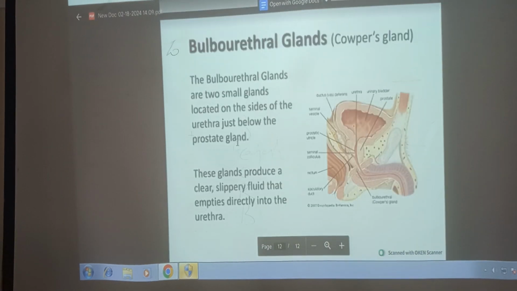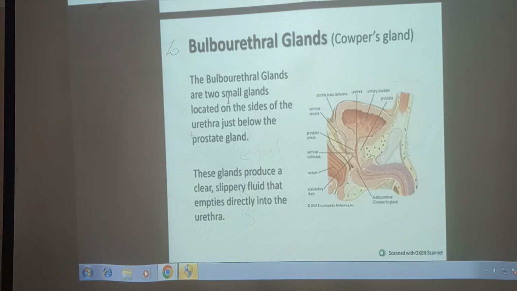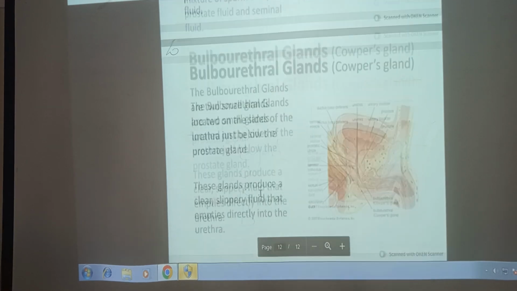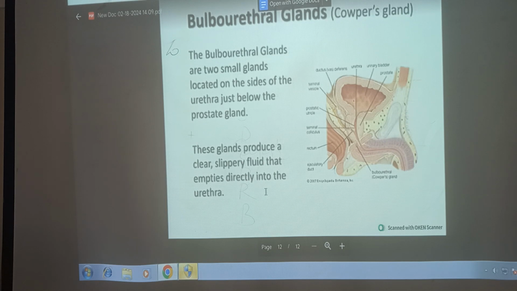And the final one, bulbourethral glands, or Cowper glands. The bulbourethral glands are two small glands located on the sides of the urethra just below the prostate gland. These glands produce a clear, slippery fluid that empties directly into the urethra. And the main process,